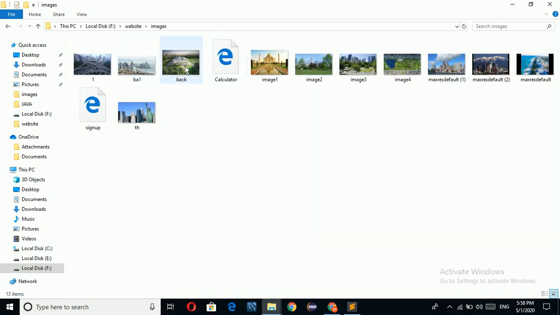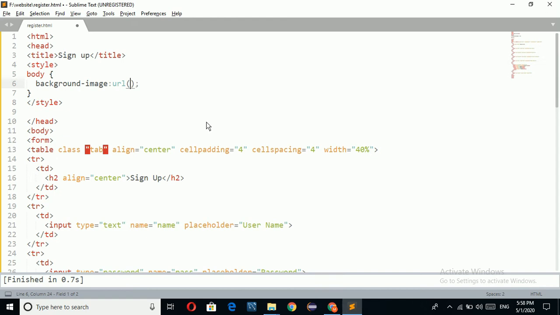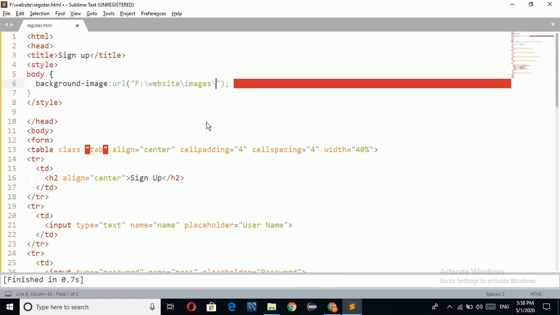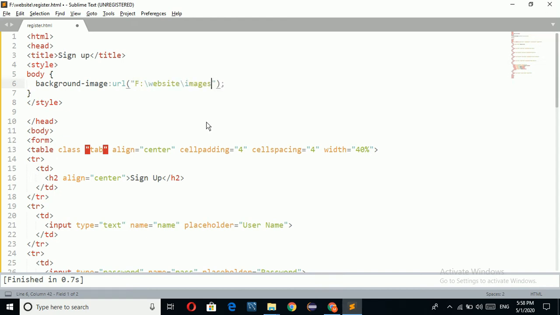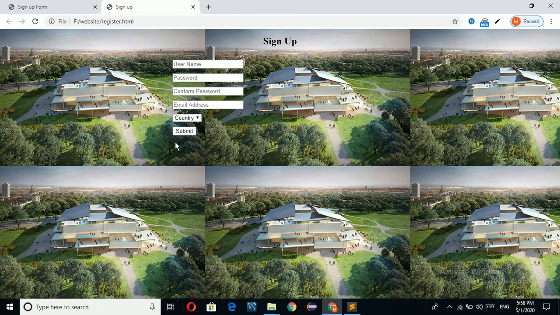Here I have this background I want to apply. So copy the path and paste it here. Just change the forward slash. Check. Now the background is setting.